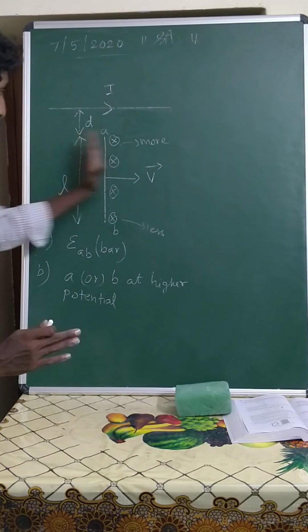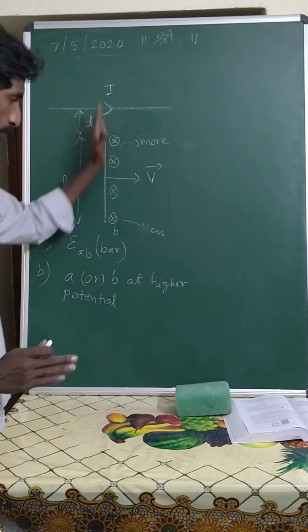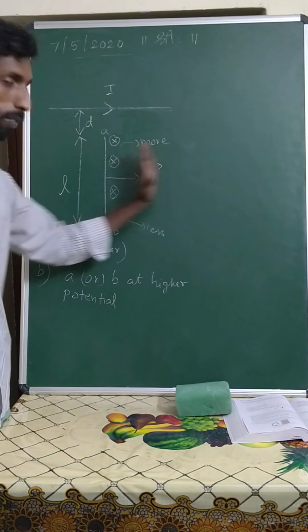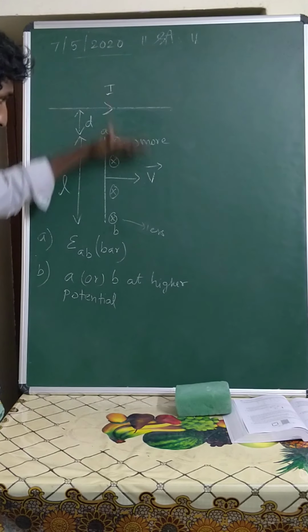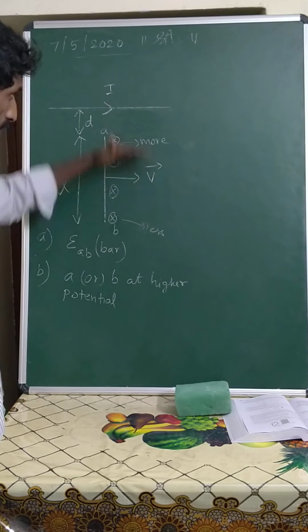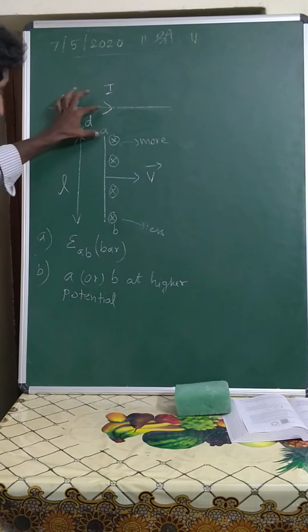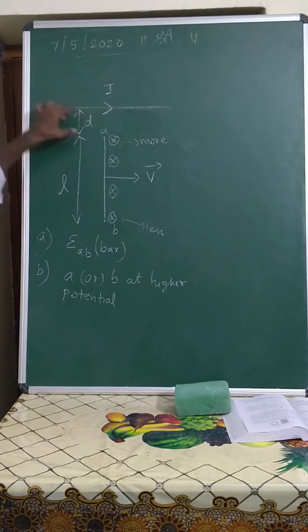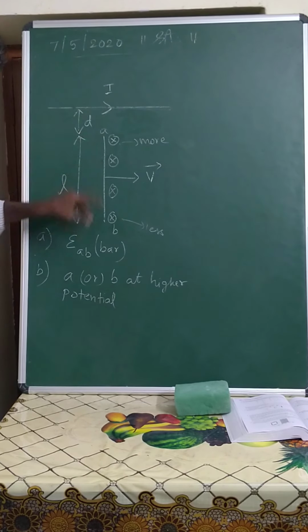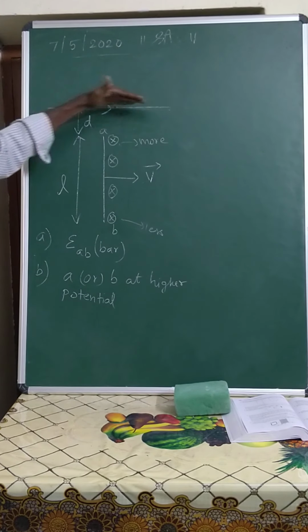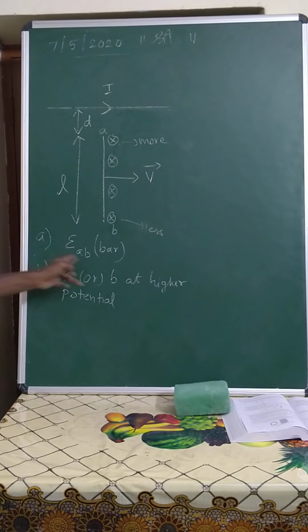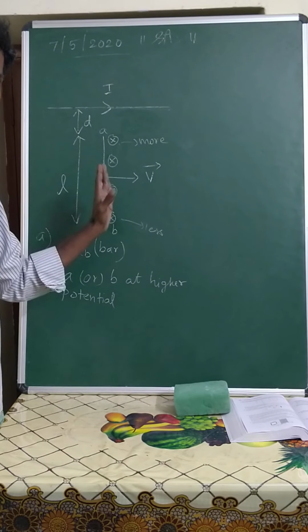If you move this with a velocity v, the charges present in this rod also move with a velocity v in a magnetic field, not a uniform one. The field keeps on reducing when you move away from the wire. Point A of the rod is at a distance d, and point B is at a distance L from A, so it is L plus d from the current carrying wire. We know that EMF will be induced because this is a rod, not a loop.